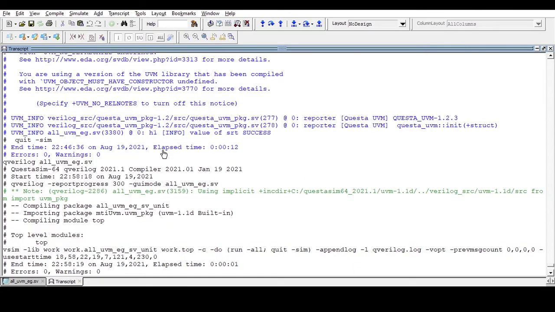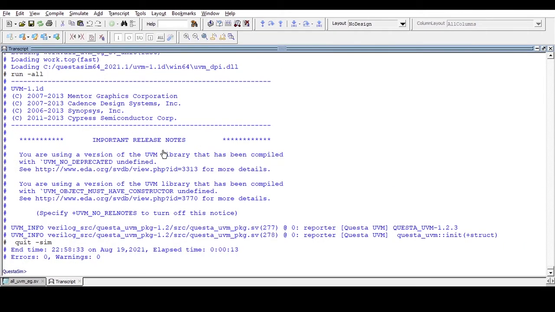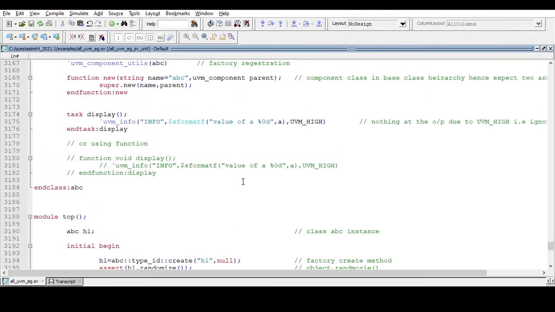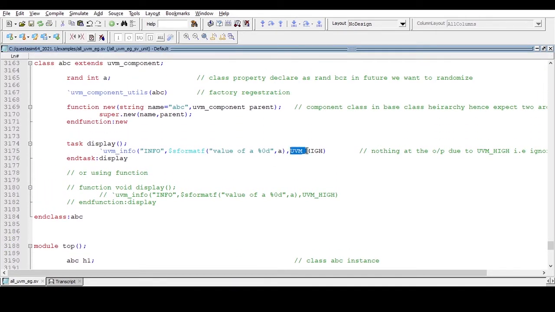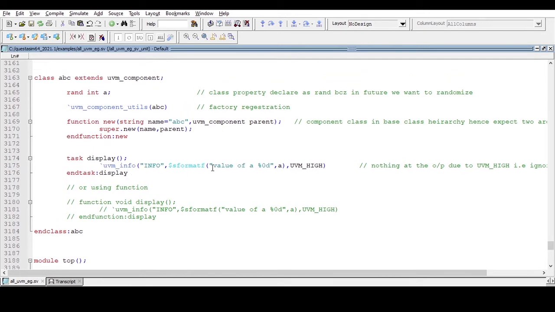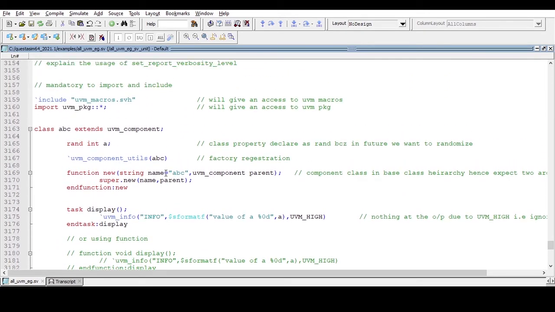Now see, at the output we are getting nothing. No display messages here. Why? Because this verbosity is UVM_HIGH. That's why this string message is ignored.